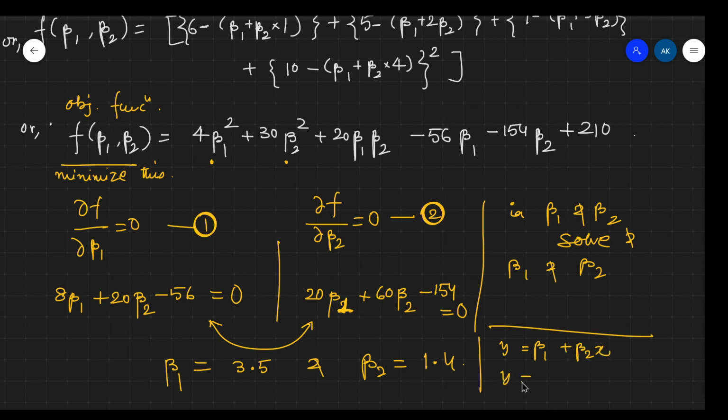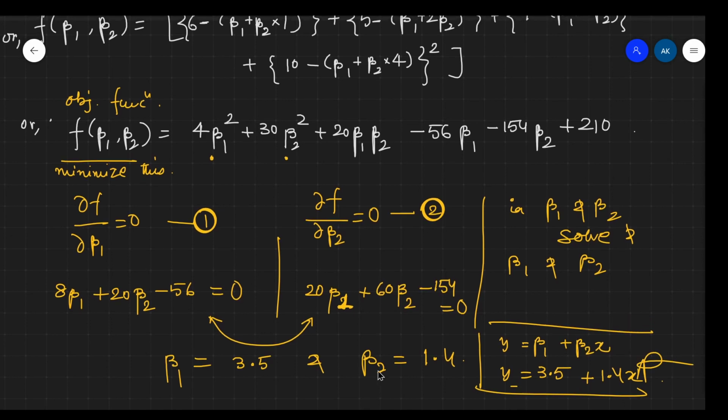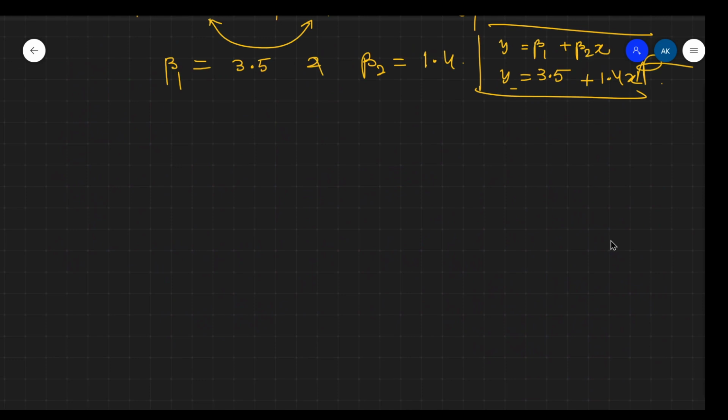So our equation will be y is equal to 3.5 plus 1.4x. So this is our answer. So this is the line which will have minimum errors. Okay. So if you plot this line,